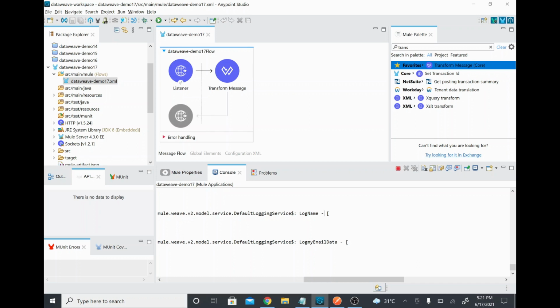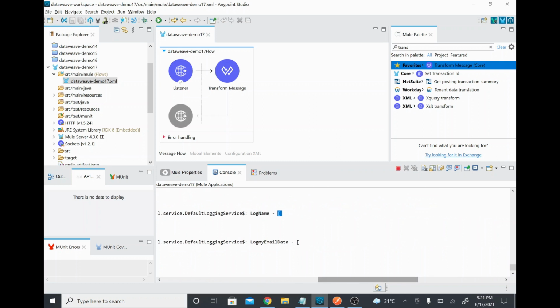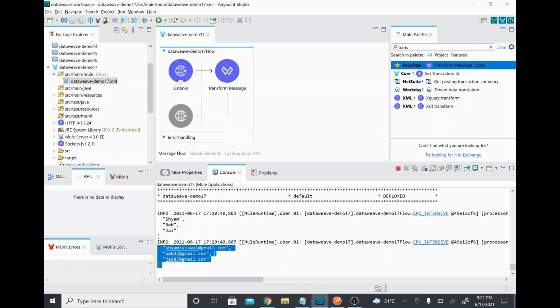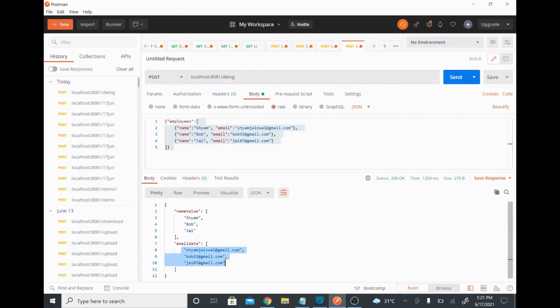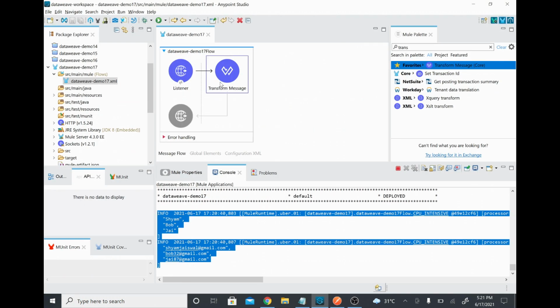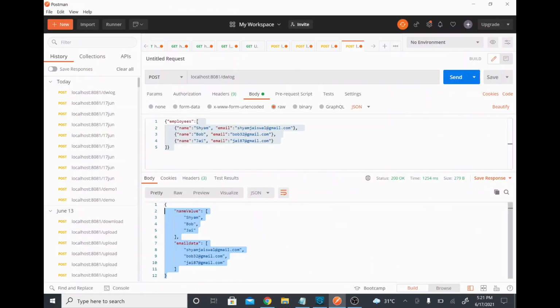So whatever string we gave, then the hyphen, and then the remaining output of that particular DataWeave coding, that's coming here. That's for name. For email I gave log email data, and then the hyphen gets automatically added, and it will have the output of that particular output. So this is the console output, and this is our DataWeave output, because in this coding the DataWeave message is translating some value or payload in this format, and it's giving that as an output.